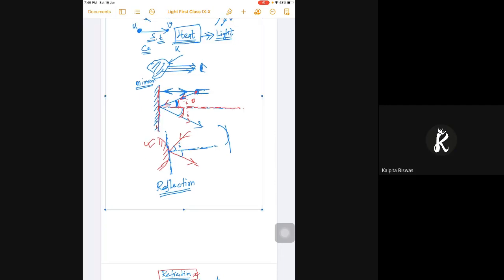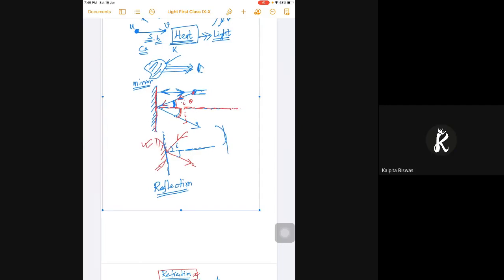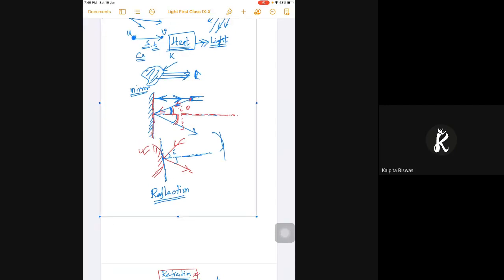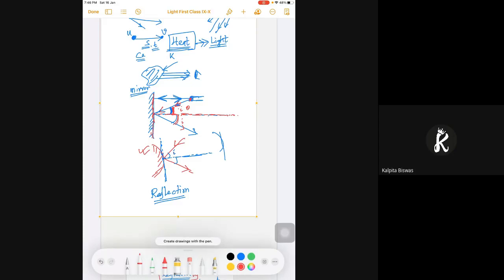So that way, what we have seen, if the angle of incident is perpendicular to the surface of the reflector, so in this case what you see in the diagram, it's a mirror, then it will reflect back straight to the source. But if there is a certain angle, as you see here, then it will make the same angle. So angle of incident is this one, what we have seen in the last class. Then it will reflect back with that same angle, so that is the angle of reflection.